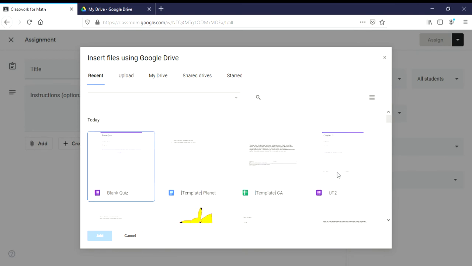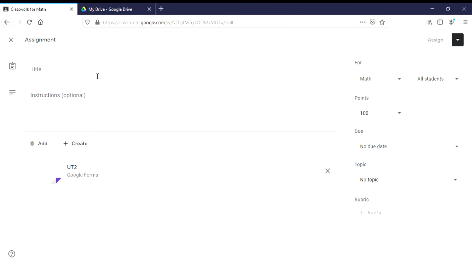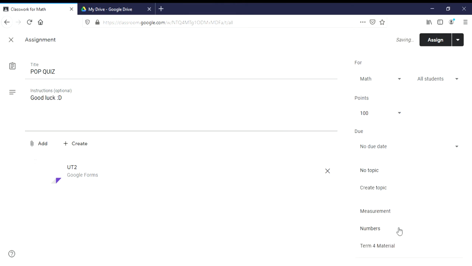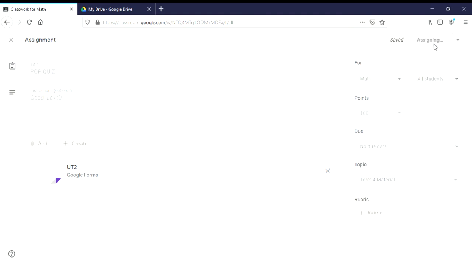Just now it was unit test 2, right? The one that we just created. So we put it here, quiz time. Pop quiz. Good luck. And then the same, the topic, the due date, and the others.